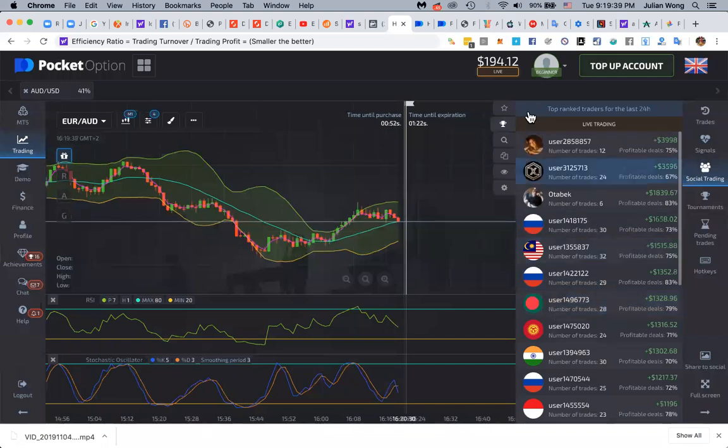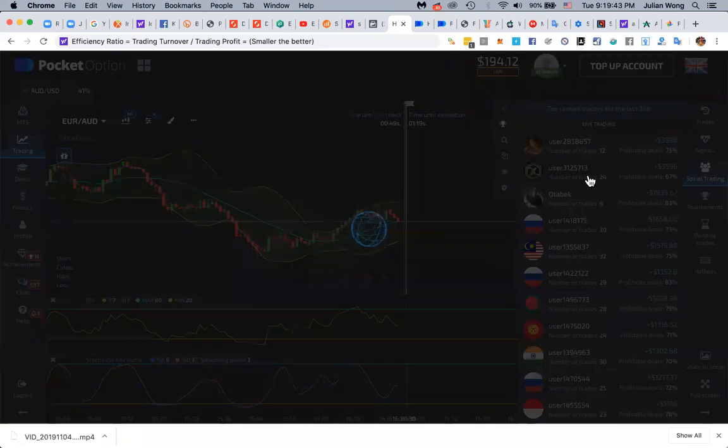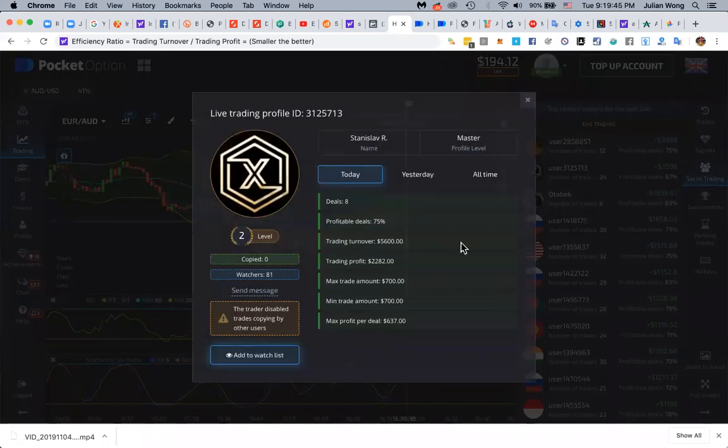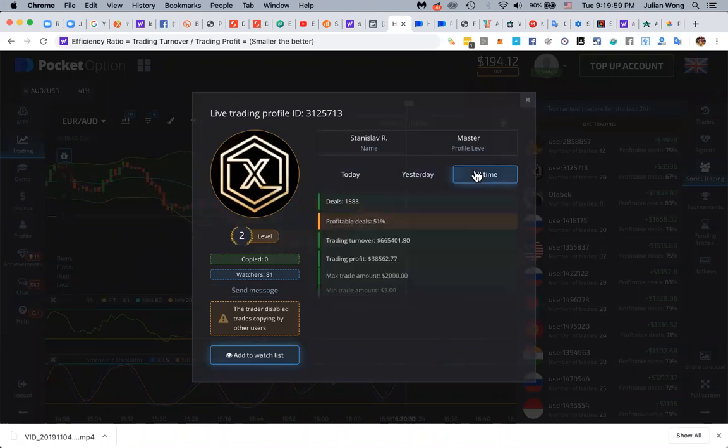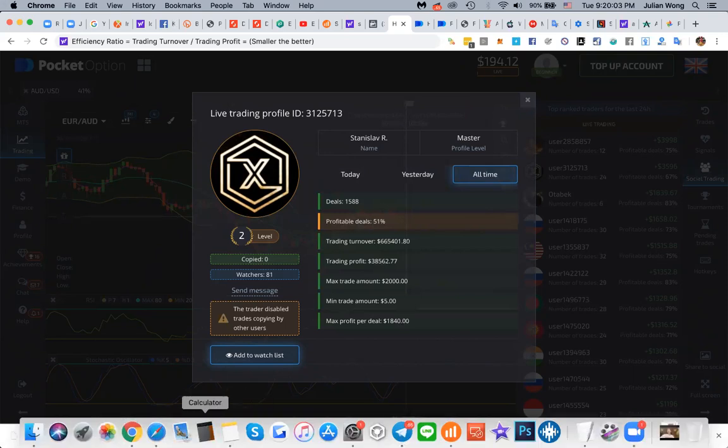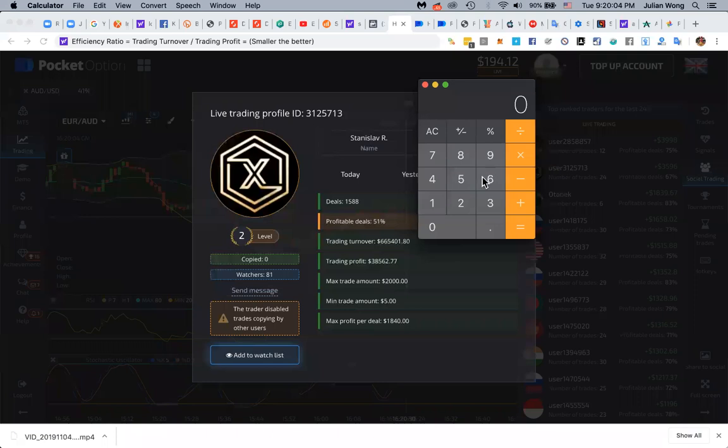So anyway, let's go back to the next process. I want to find you another trader as an example, and this guy's ratio is also really good. Just to show you how that works, you take this number divided by this one. Let's see yesterday. This is still decent. It's still within 10 times. And let's look at the all-time. Okay, the all-time is not so great, but today he's doing really good.